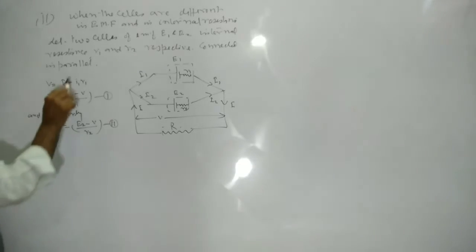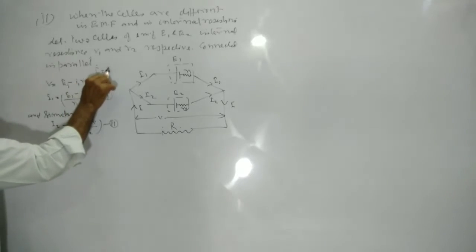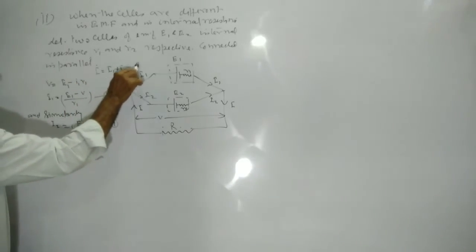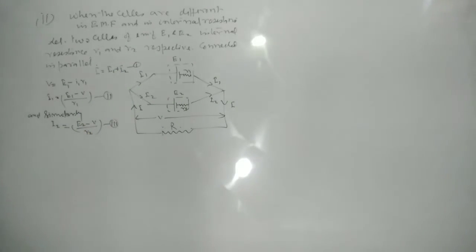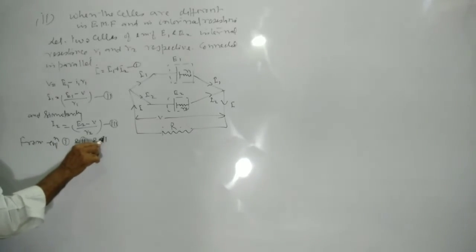Then here I is equal to I1 plus I2. Equation first, equation second and equation third. Putting the values of I1 and I2 from equation second and third into equation first,